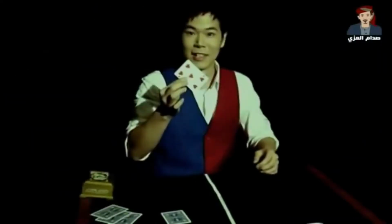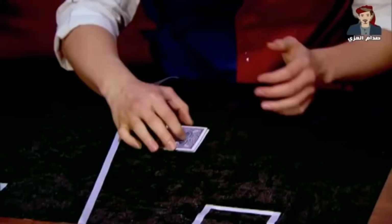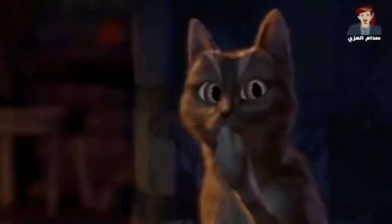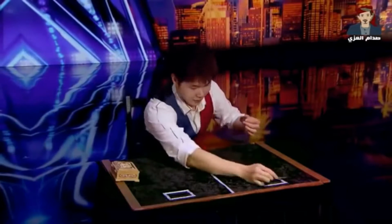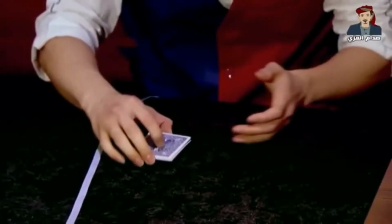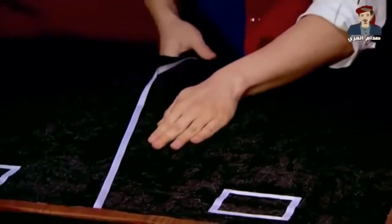الخدعة الخامسة، خدعة اختفاء العملة النقدية وتحولها إلى كروت، ثم تحويل الكروت إلى عملة نقدية. هذه الخدعة غريبة فعلا وتجعلنا في حيرة مما نراه، حيث يقوم الساحر بوضع العملة النقدية على الطاولة، وعند وضع ساعده عليها بهذا الشكل تتحول إلى أوراق لعب وتختفي العملة النقدية. ثم يقوم الساحر بجمع أوراق اللعب ووضعها في نفس المكان، ثم التغطية عليها بيديه، فتتحول الكروت إلى عملة نقدية